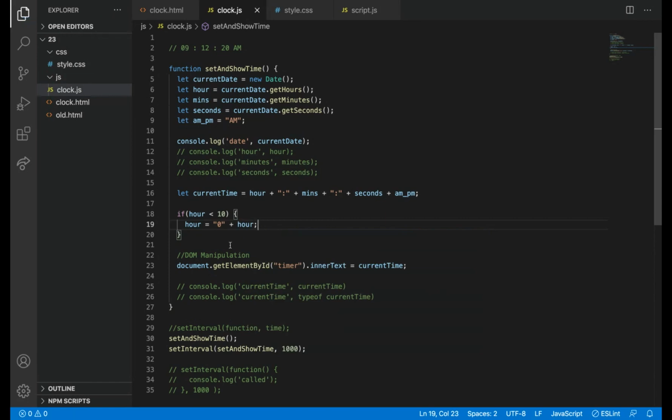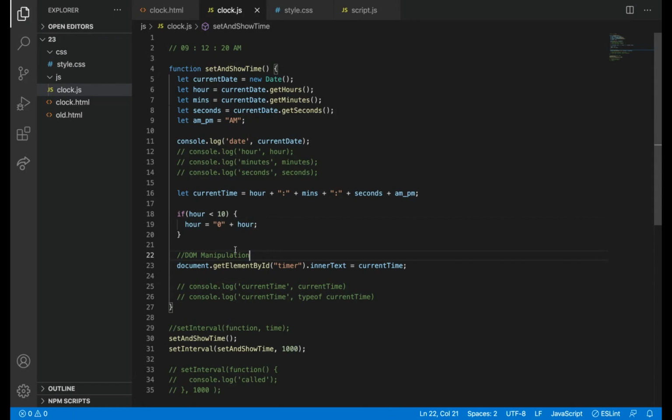Correct? Because the hour is 7 or 8 now. So I want to add just 0, but only when my hour value is less than 10. Because if it is equal to 10 or greater than 10, the value will be 2-digit: 11, 12, 13.